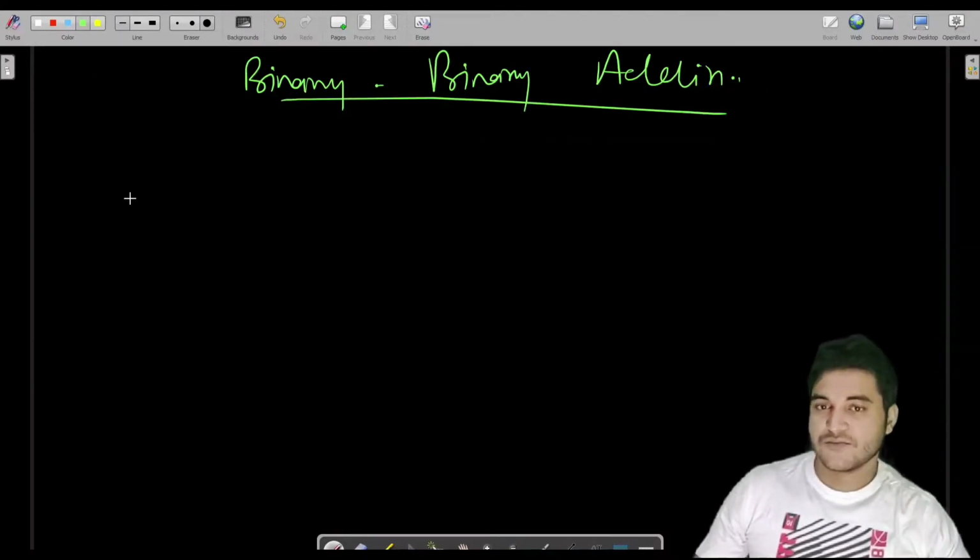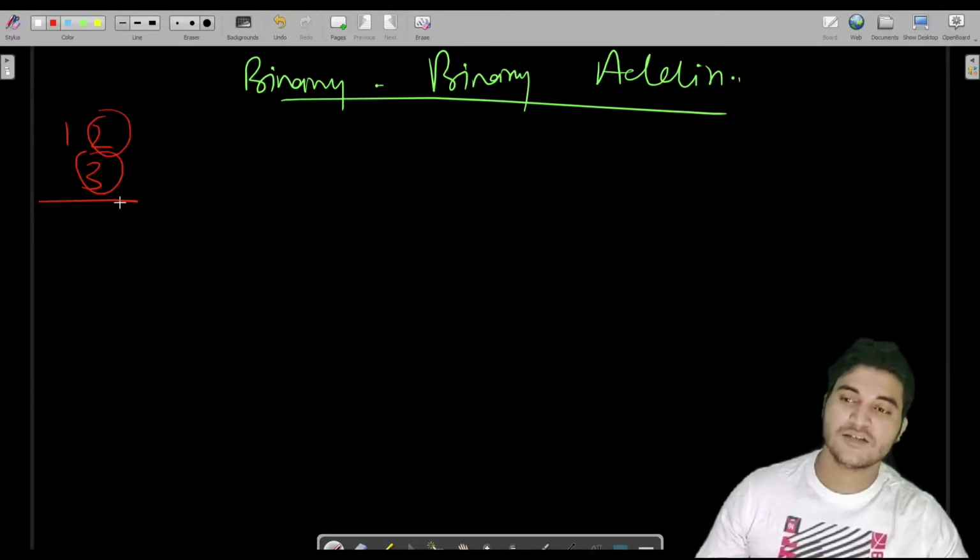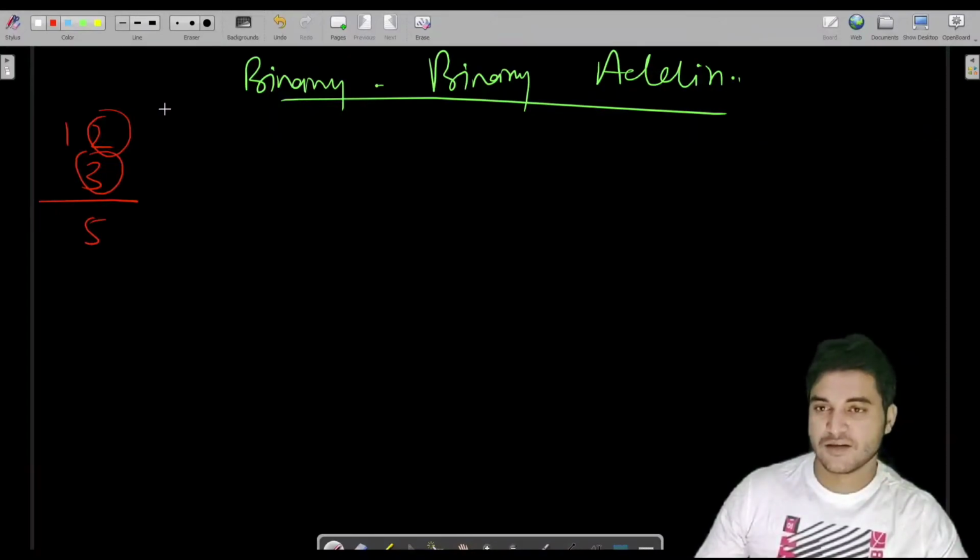Fine. So in the last video, while adding two decimal numbers, if you remember, 1, 2 and 3, we used to take the remainder, like we picked the last digit, and we would simply add to get 5. And if there is any carry, we used to store 1 in a carry variable and add that carry into the next result, which is 1 here. So 1 plus 0 is 1. And if we had a carry, we would add it here also. In this case we do not have a carry, so we just write it this way.